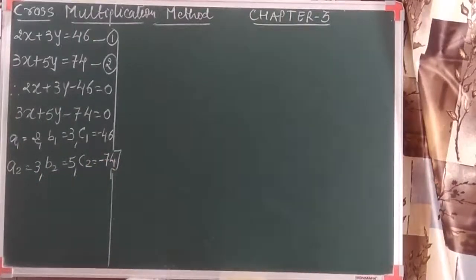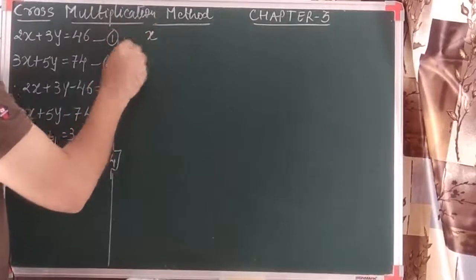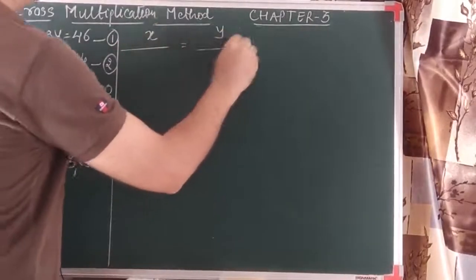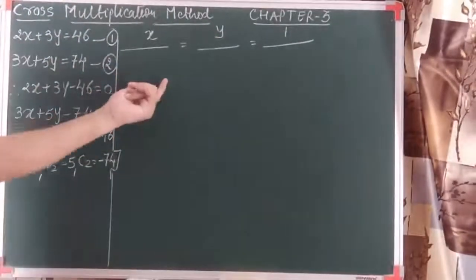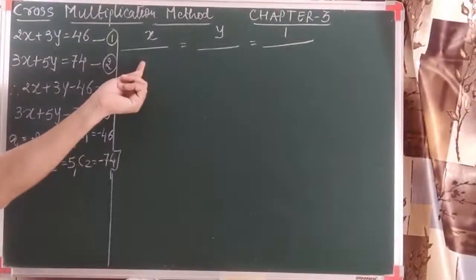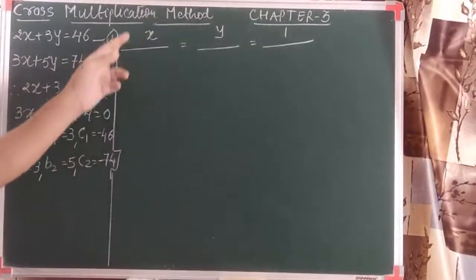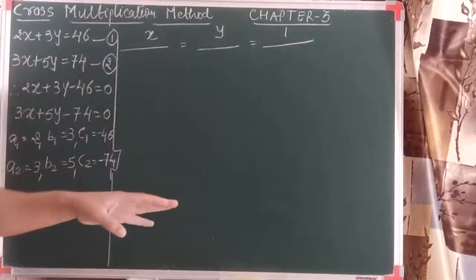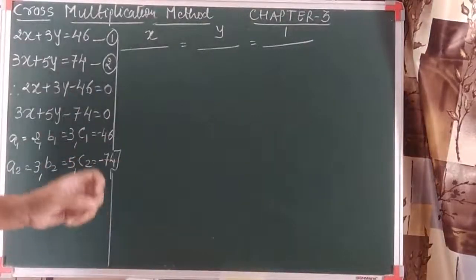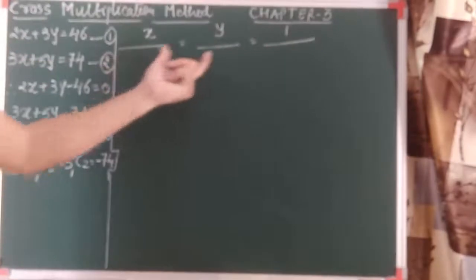Now what are we supposed to do next? Remember this: we write x upon, y upon and 1 upon, with an equal sign. Now what we'll write here is very interesting and very important. In the denominator of x, basically this is not a denominator, it is a matrix form which we'll discuss in the 11th standard, but forget it. Why am I telling you? Because if you get 0 in the denominator, we would consider the value undefined, but this is not a denominator, it is in matrix form.